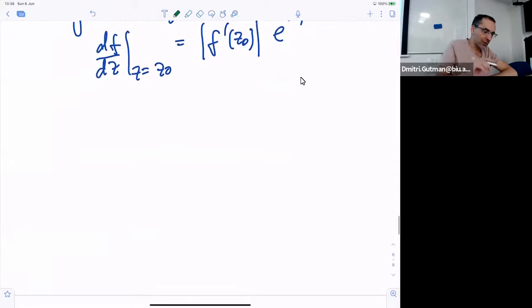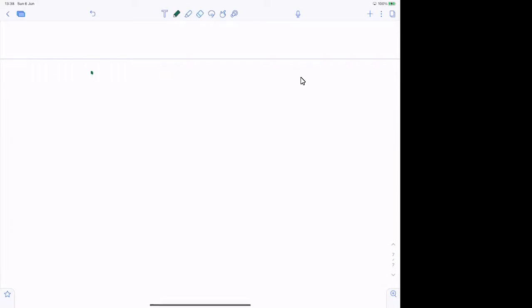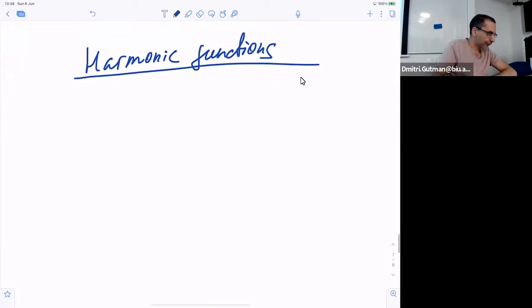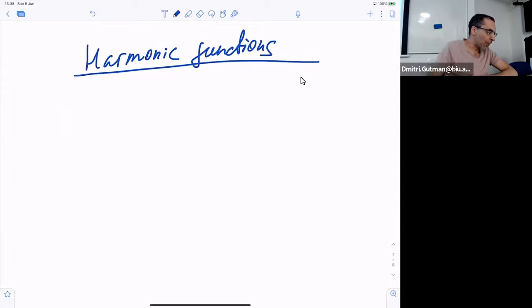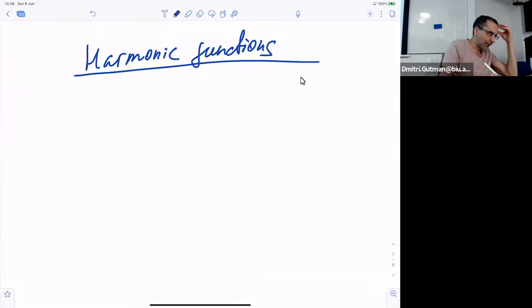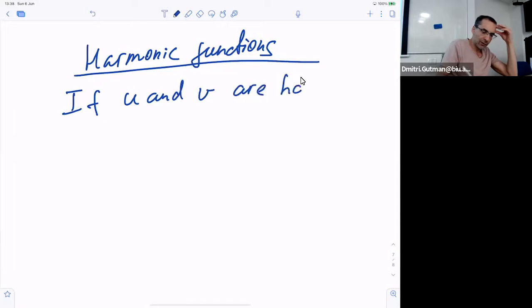And we can use it for harmonic functions. So if we go back to our friend harmonic functions, then you probably remember that we have a theorem that says that if U and V are harmonic conjugates,